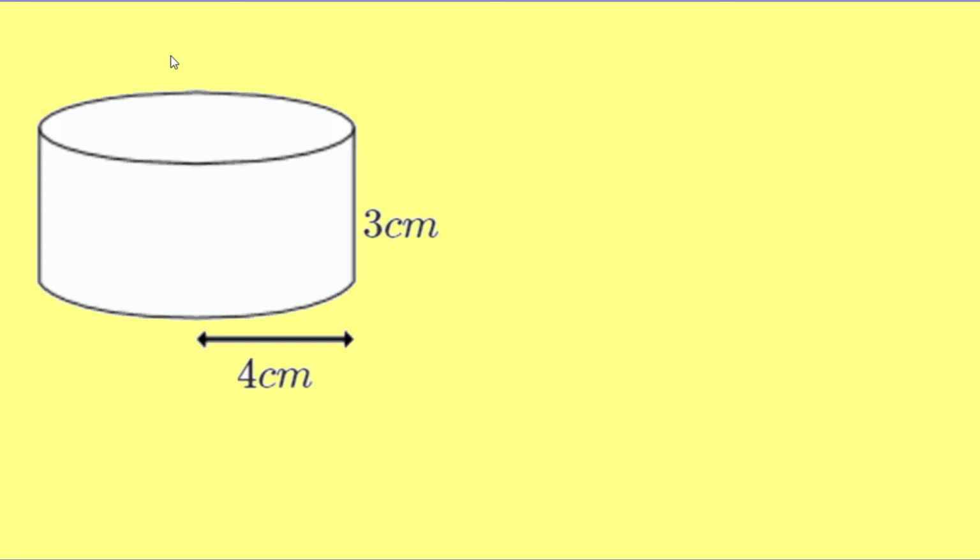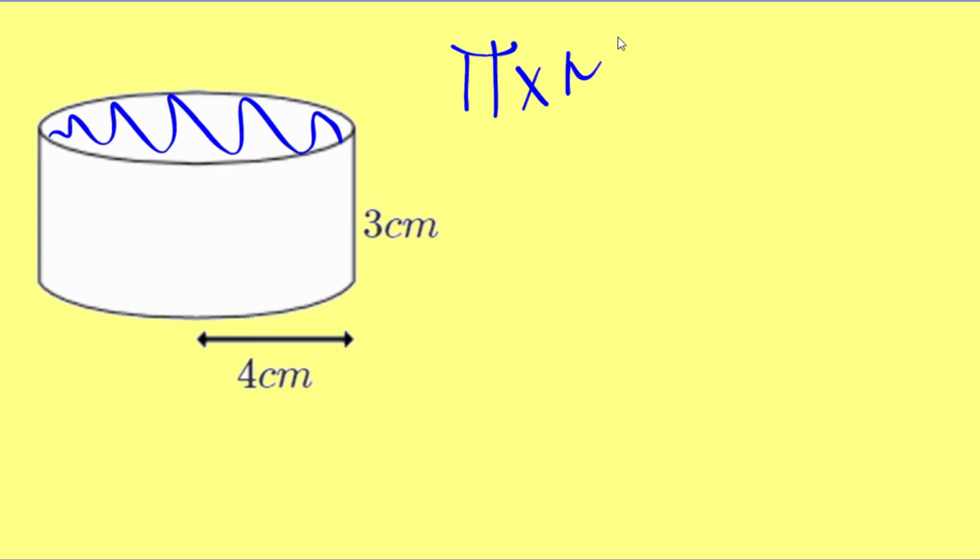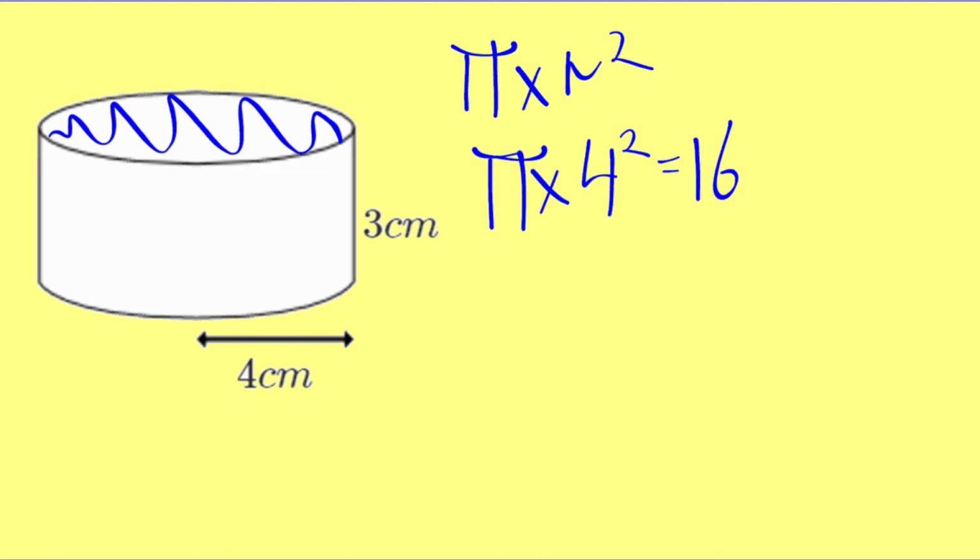Okay, so we're just going to put everything together that we've looked at today. So we've got here a cylinder. We're going to find the area of the top of the cylinder first, and then we'll multiply it by the depth of the cylinder. So remember, to find the area of the circle, it's pi multiplied by the radius squared. We see the radius here is 4, so we're going to do pi multiplied by 4 squared, which is going to give us 16 pi. So shift pi times 4 squared, and that's going to give us